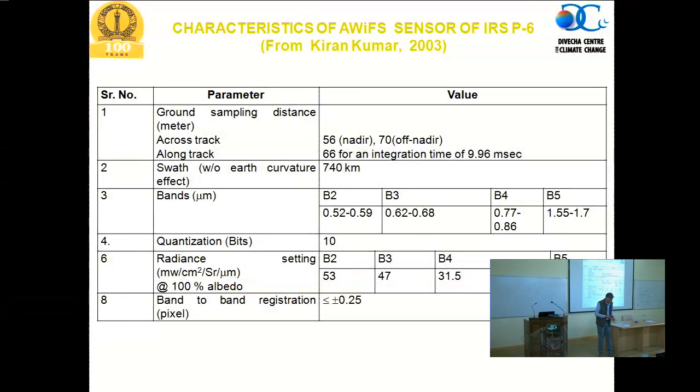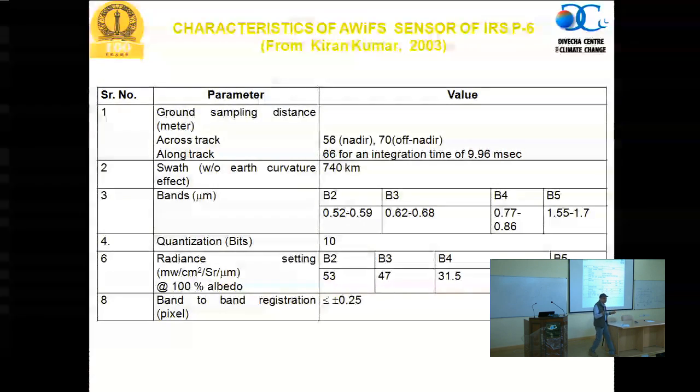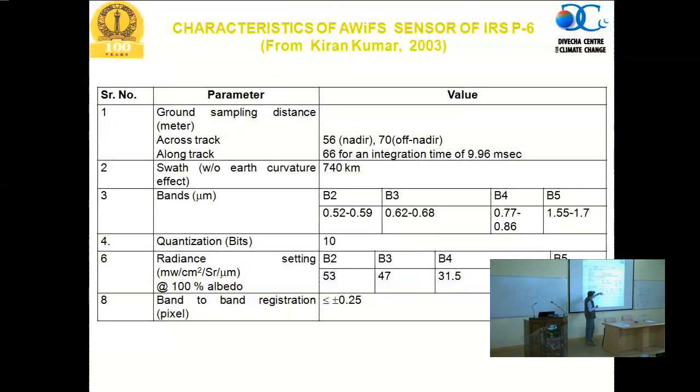And it will then determine how much land it can see. So that determines its spatial resolution along the path. So it is 66 meters. So you now have three different spatial resolutions in three directions: one direction X, direction Y, and then the directions on the ground. Or rather, each pixel will have two, one along the x-axis and one along the y-axis. It will have two different spatial resolutions and they will vary from pixel to pixel. So sometimes x will vary from 56 to 70 and y will remain constant at 66 meters,